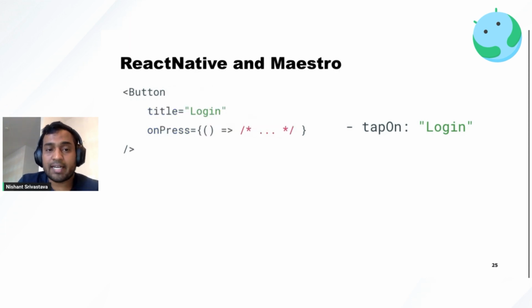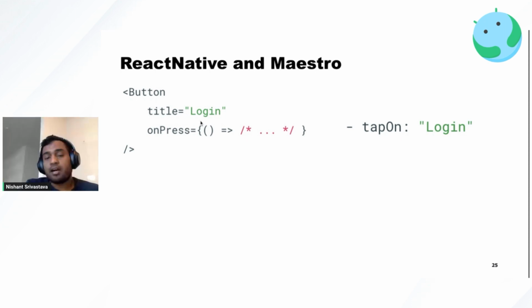How does it work with React Native? Okay, so in React Native, you have a widget that looks something like this. You have a button, and then you have a title that you can assign to it. And again, Maestro is looking at the view hierarchy and tapping on it. So I guess you get the gist of all these